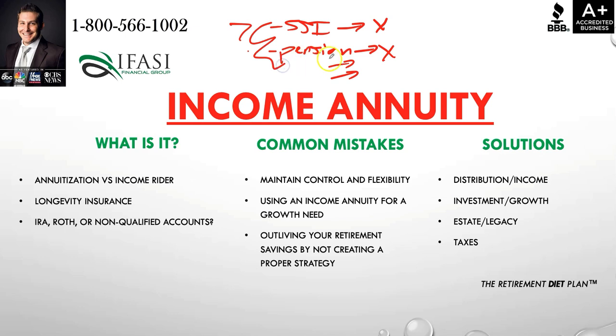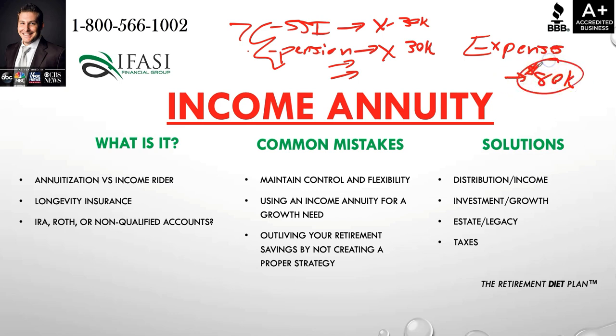But let's just use this very basic example between Social Security income and pension income. Let's say Social Security income is bringing in $30,000 and pension income is bringing in $30,000, but then after figuring out this individual's budgeting analysis, or what their expenses are throughout retirement, they need $80,000 of income to live off of. So out of this $80,000 of expenses every year, they're only sufficing $60,000 between the Social Security income and the pension income. So now they have to look toward their remaining assets, their retirement savings or their cash savings, and ask how they can suffice this $20,000 gap